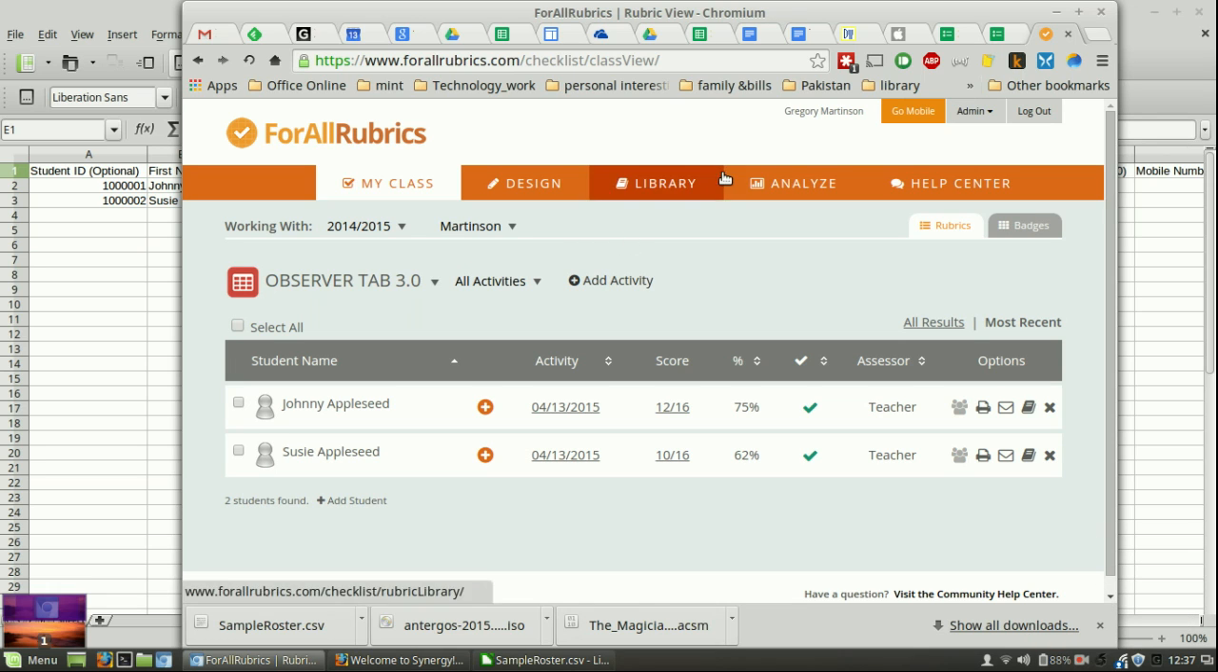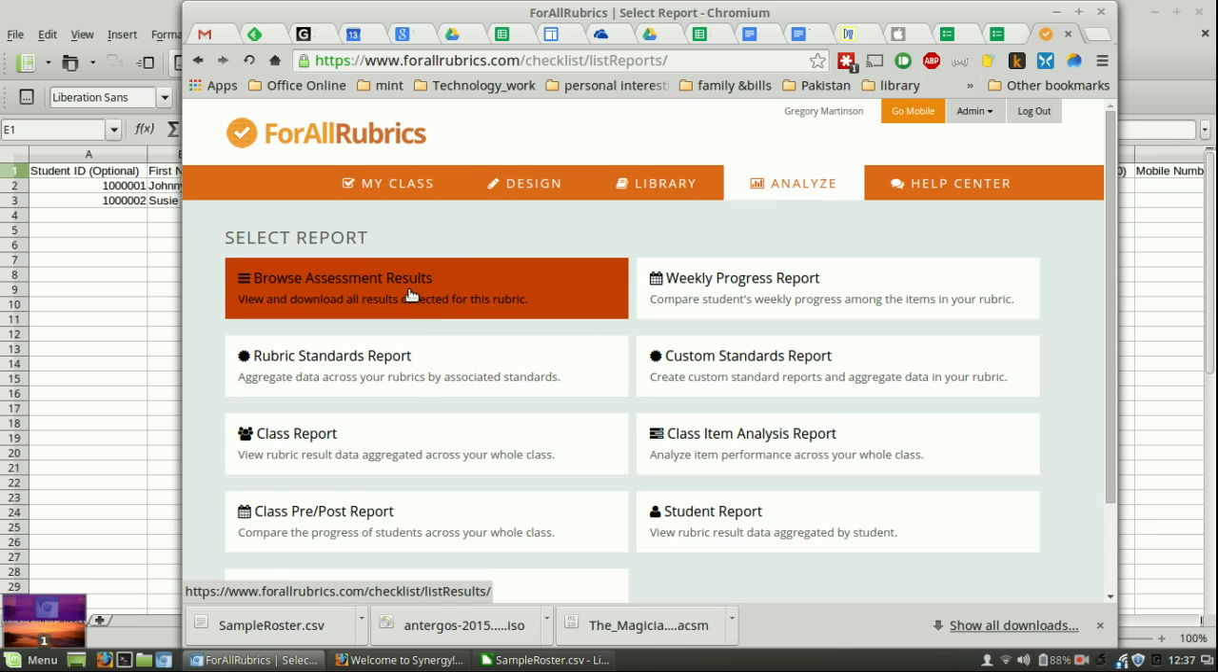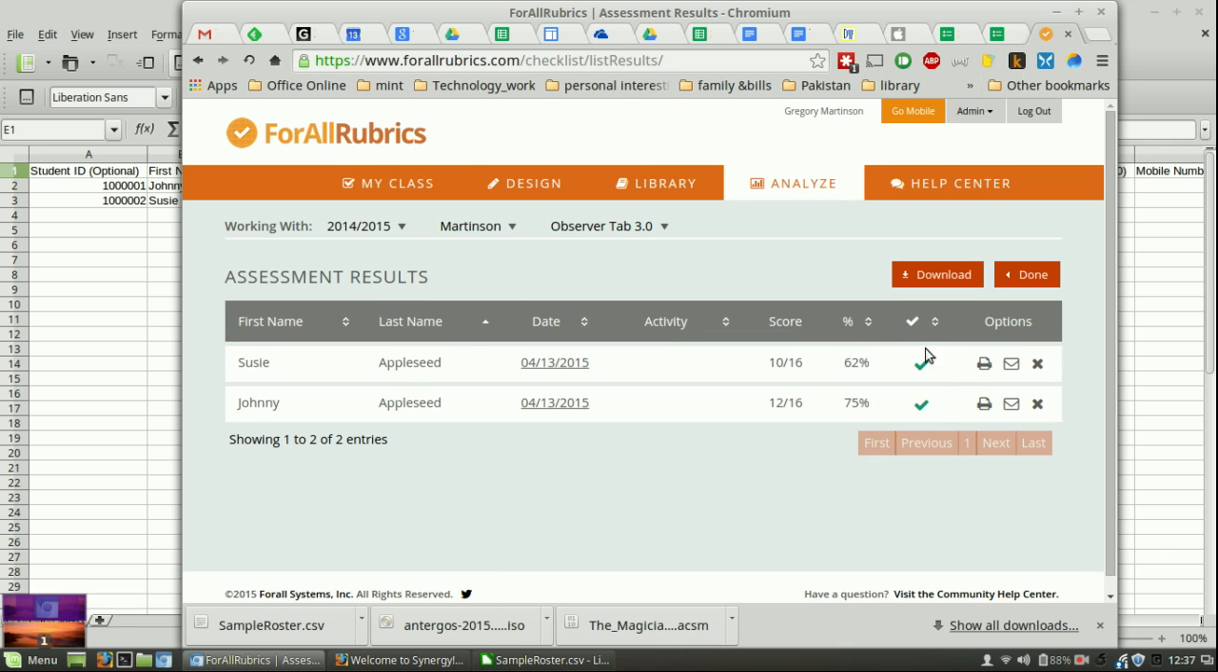So the last thing I'm going to show you is how to look at the data. I've just did the rubric for 2 different students in my class. I can browse the results, look at them, and I can email the results or download them to my computer. That becomes a comma-separated file for me to look at, which could be imported into Google Apps or some other